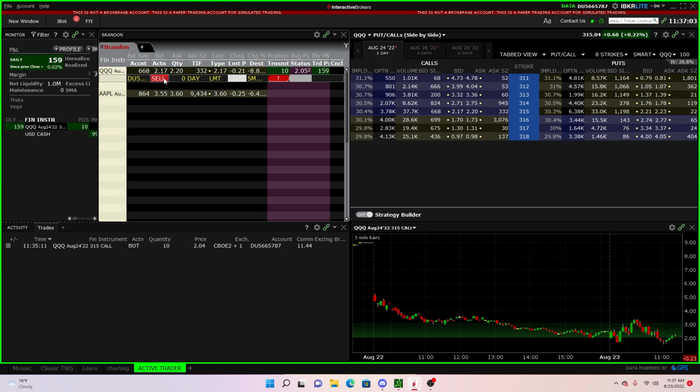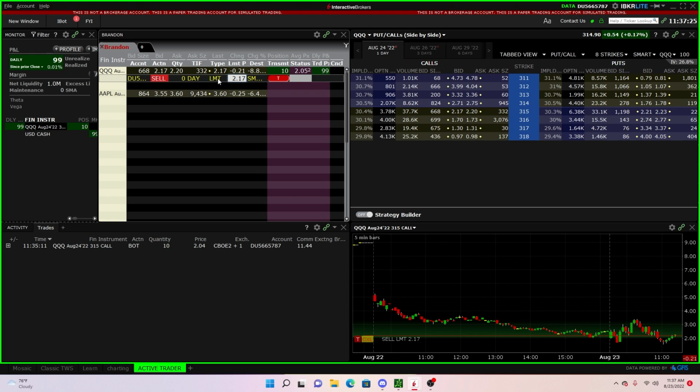So once you click on the bid, this is going to pull up the sell right here. Again, once you have up the sell, you then want to go to the limit. You want to make sure that you have a limit. And let's just say that these options are going for 2.17. What you're going to do is put in 2.17, and you want to make sure that you're